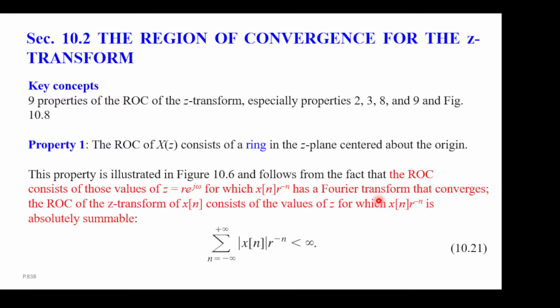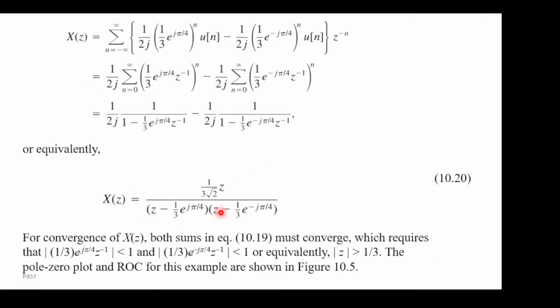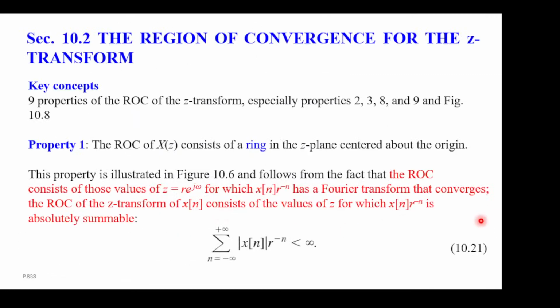Okay. And once again, we think Fourier transform either converges for every omega or doesn't converge for every omega. So each ring just converges together or does not converge together. Then there is something that is very tricky for the Laplace transform. That's we are equating this x[n] r to the minus n, we are equating it being convergent